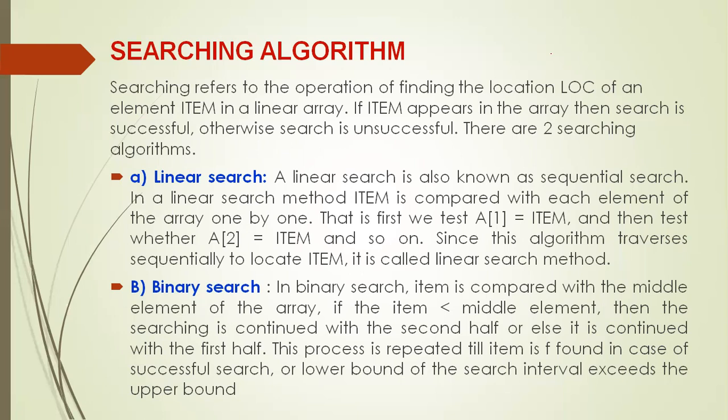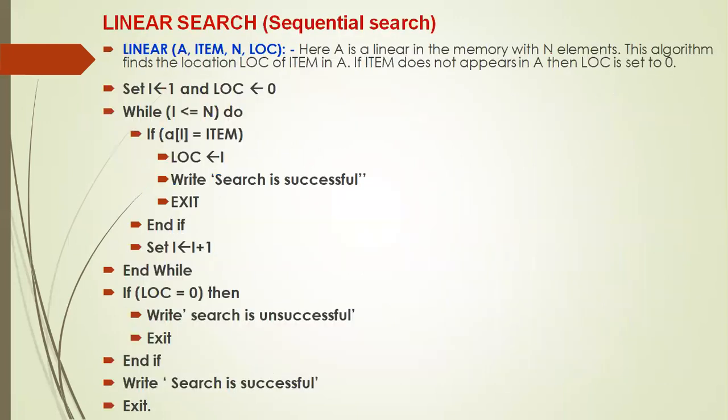Suppose there are 10 elements and you have divided the array into two parts, 5 elements and 5 elements. Either the element is present in the first 5 elements or it may be present in the second half. So like that, each time we are comparing the search element with the middle element of the interval. First time the interval varies from 1 to n. Next time it is from 1 to the middle element or from the middle element to the last element. Each time we are comparing the search element with only the middle element instead of comparing it with every element of the array.